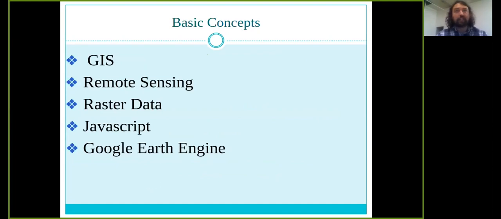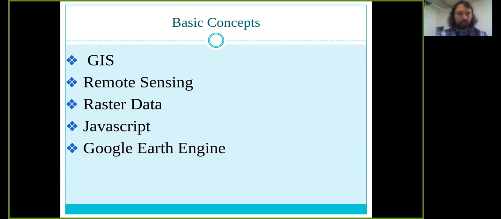So before we begin, I want to go over some basic concepts. You'll probably hear me use several of these phrases throughout the lessons, so I'm just going to go ahead and define what they are right now. GIS stands for Geographic Information Systems. That is a conceptualized framework that provides the ability to capture and analyze spatial and geographic data. Very often geographic information systems are used to create and display interactive maps. Web maps have become the most common